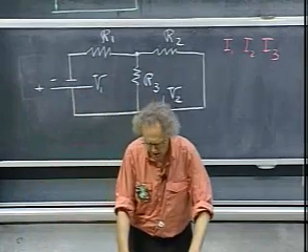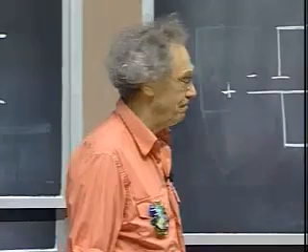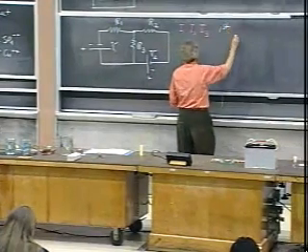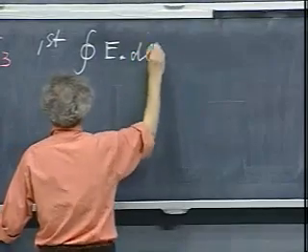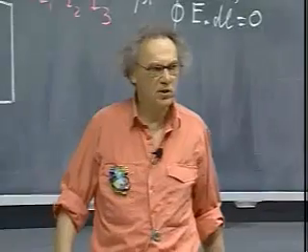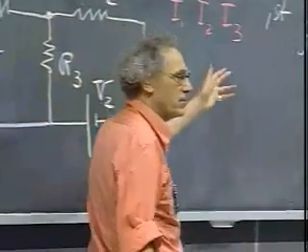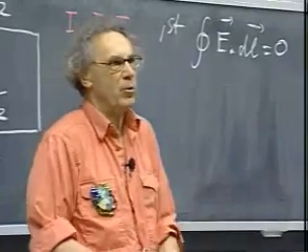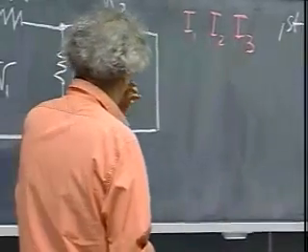The basic idea behind solving these problems are in what we call Kirchhoff's rules. Kirchhoff's first rule is that the closed loop integral over a closed loop of E dot dl is 0. We've seen that before. I don't know why Kirchhoff gets the credit for this. This always is the case when we're dealing with conservative fields. When you start at a particular point, you go around E dot dl, you're back at the same potential where you were before, so this must be 0, as long as you deal with conservative fields. So that's his first